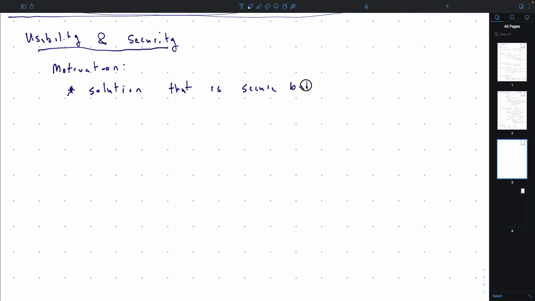Yeah, shout it out. That the user won't do the security checks because it's so hard to use. Yeah, exactly. They would use it wrong because it's hard to use.